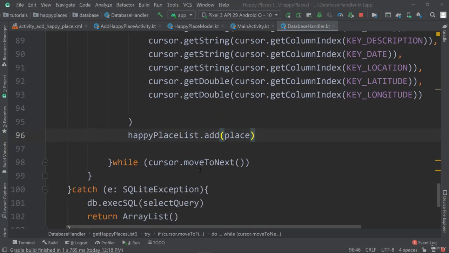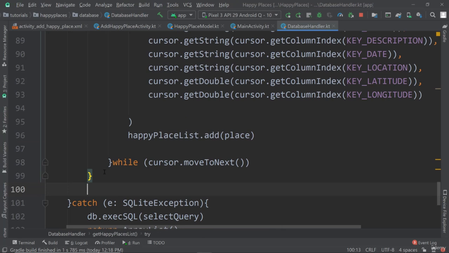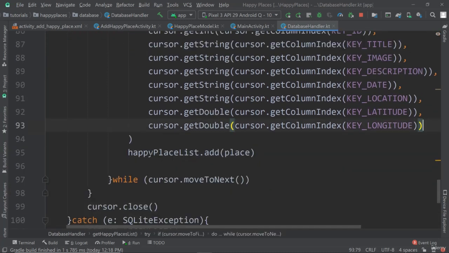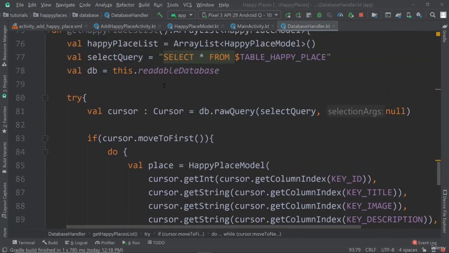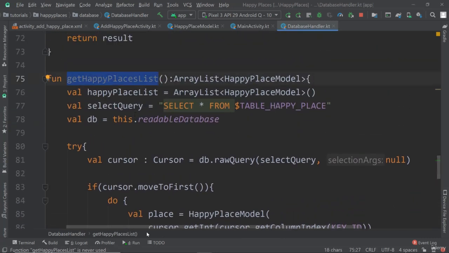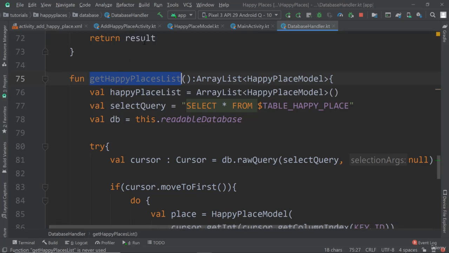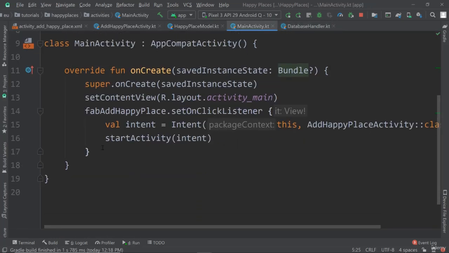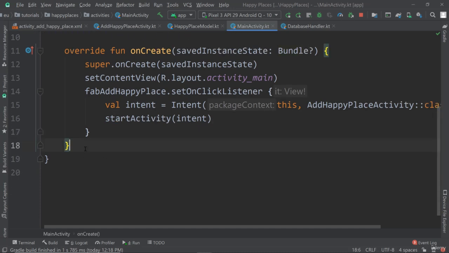All right, and now after all of that, we need to close our cursor. So cursor dot close, so that our program doesn't run into any errors and problems. All right, so this is our helper method, which will allow us to get the place list. Now we need to have one in our main activity, which does the same thing pretty much, but on a slightly different level. So in our main activity, I also want to have a function which gets all of those